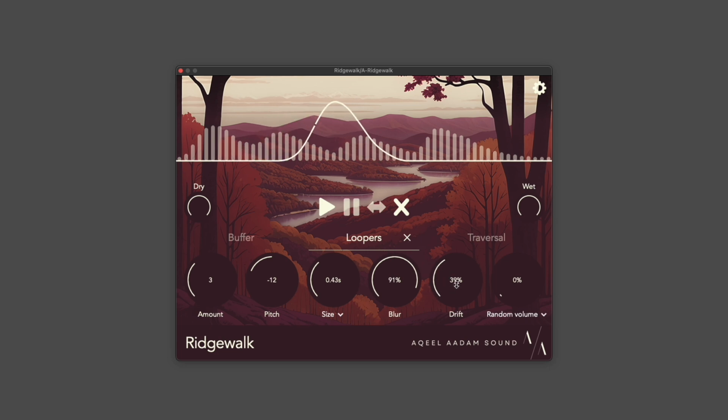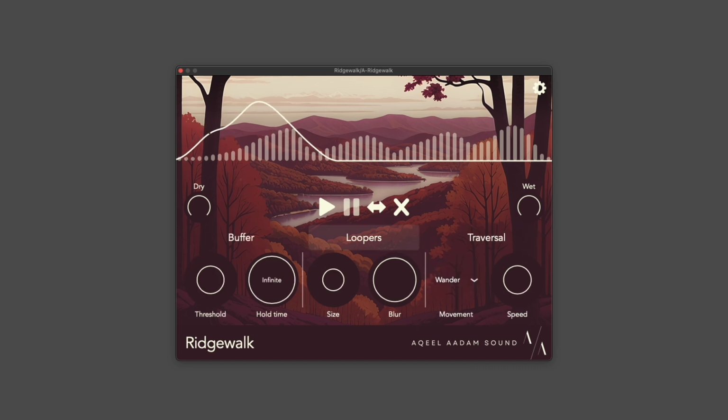The blur setting and drift setting are definitely your friends here. You might want to use many loopers. You can reverse the signal to really shave any attack off. Maybe a little random volume. And I find this is really interesting to kind of create something complementary